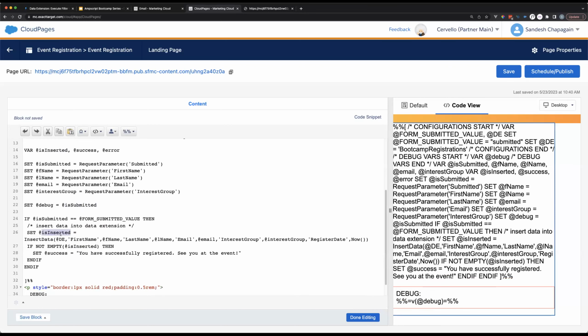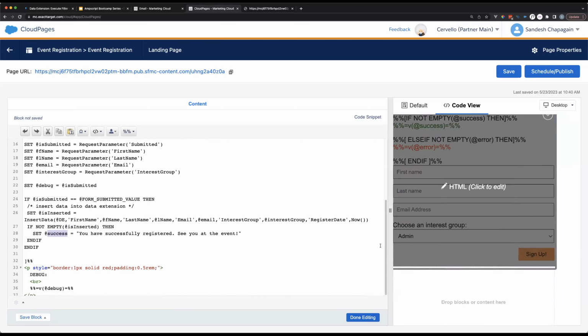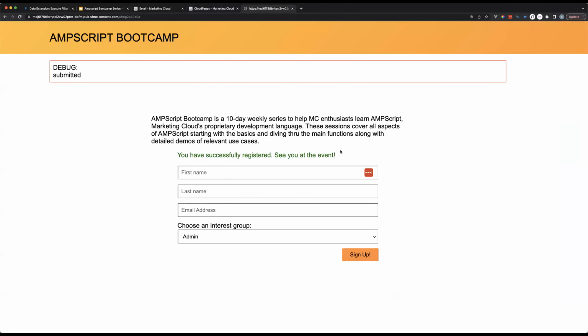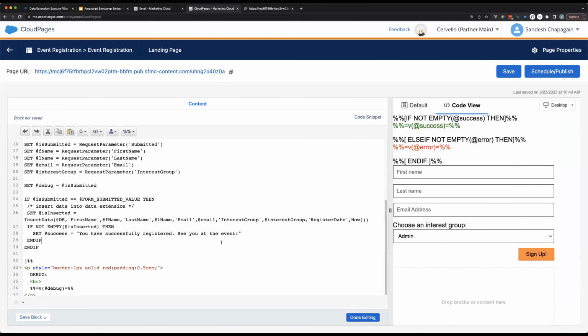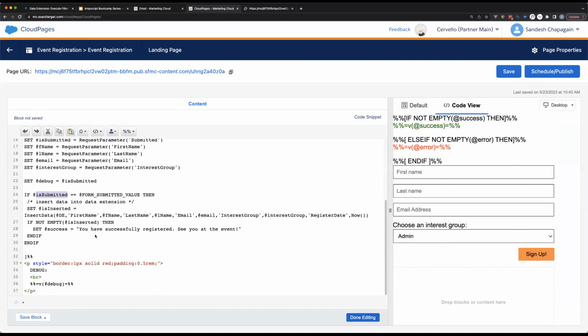So if it's actually inserted, then we'll have a 1. If we have a 1, we set success. If we set success, we'll display that success message down in the form. Okay. Oh, I see there was a comment there. Thank you, Sudeshna. Yep, that was an error on my part. It's inserted. Okay, so that should make sense.